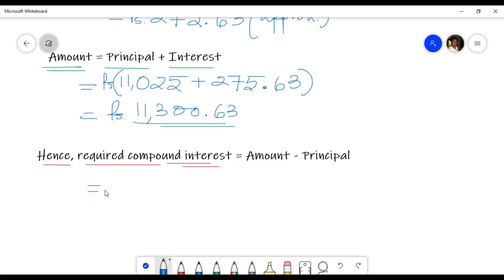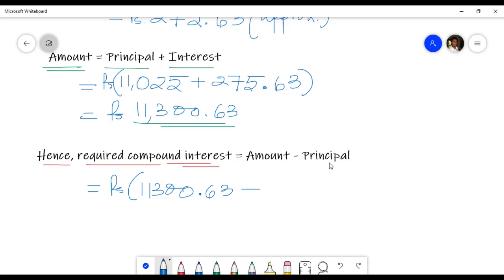So we will subtract the initial principal from it. The amount we just found at the end of 2.5 years, right? That is 11,363 paise